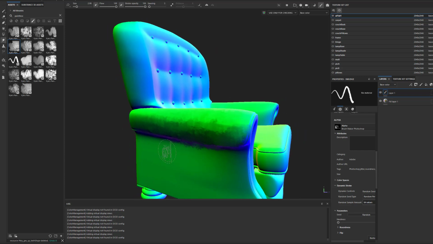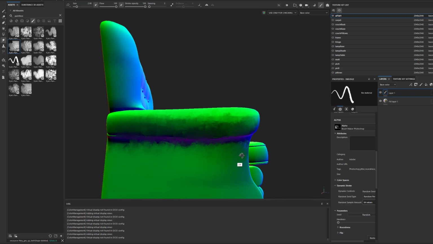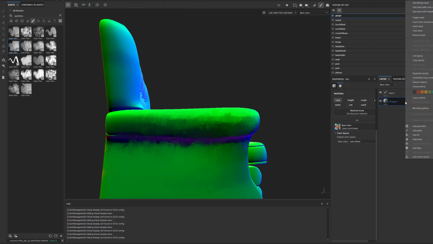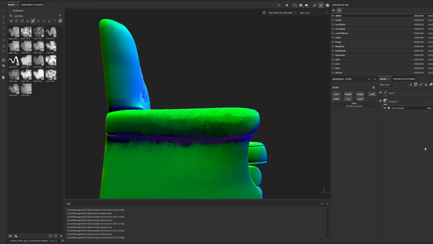And you can see here that on some areas where we have the more pure color, like right where I'm painting right here, it's pretty hard to see anything. So what you can do there is you make a filter for the fill layer. I'm going to set it to only affect the color,